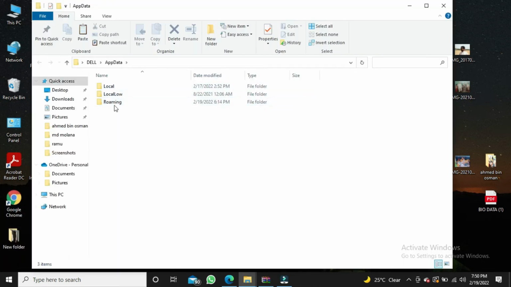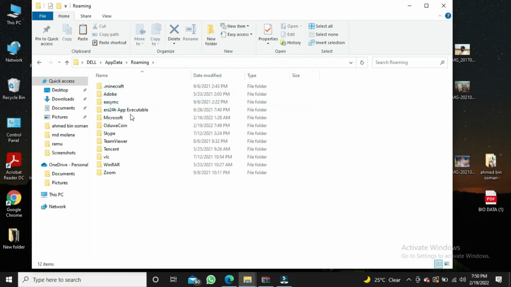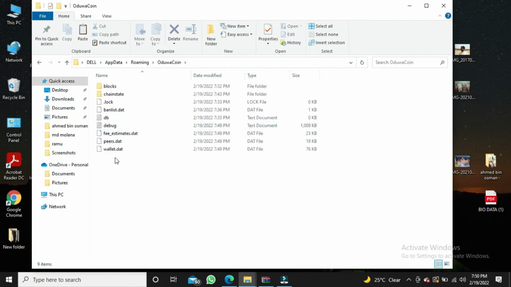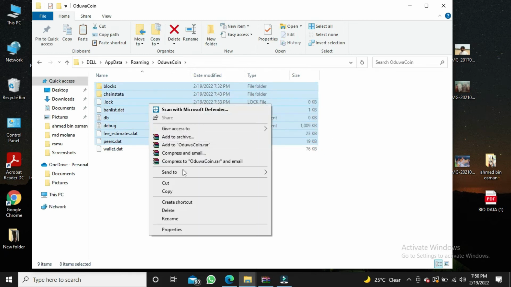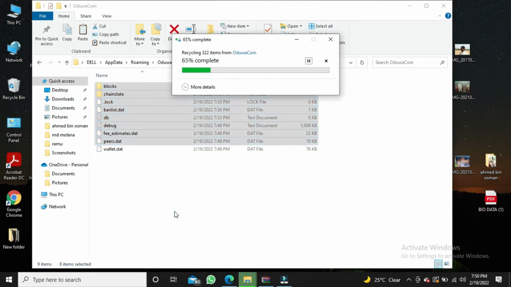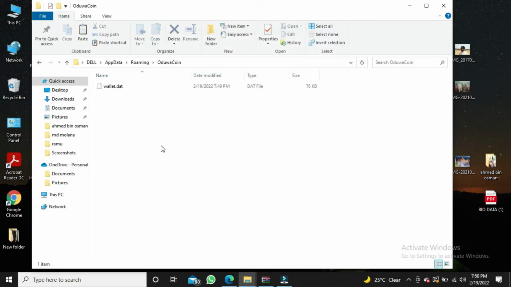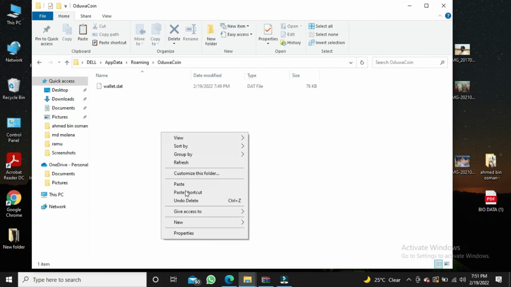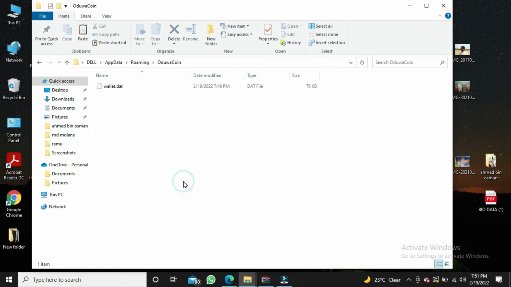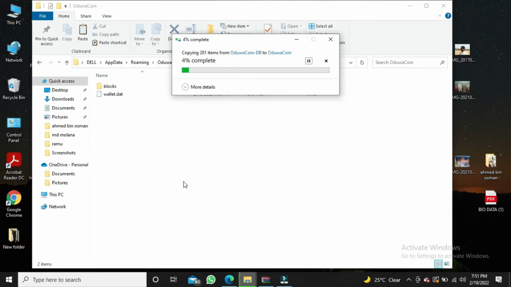You will see in AppData there is a Roaming folder. Click on the Roaming folder and there you will see Oduwa Coin. In Oduwa Coin, I want you to delete each and everything except the wallet.dat file. Delete everything, and then you have to paste the blocks and chainstate that you have copied from the database folder. As you can see, blocks and chainstate are